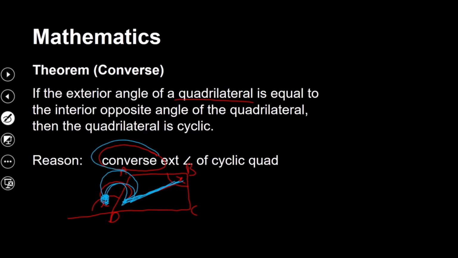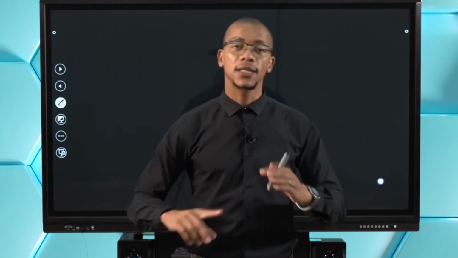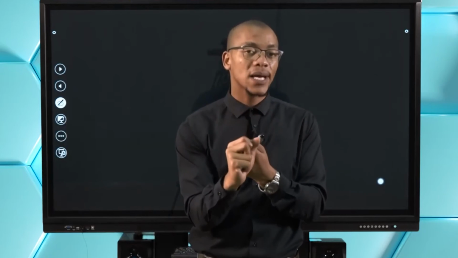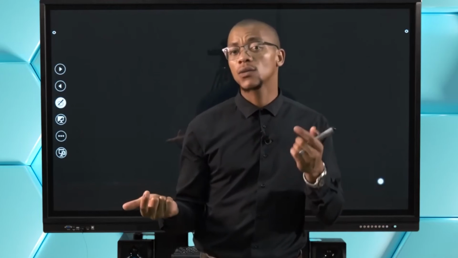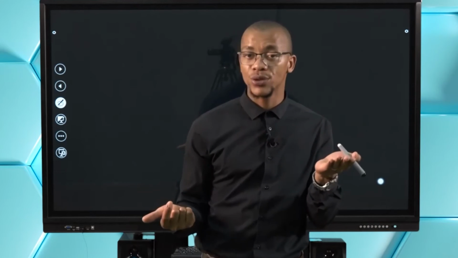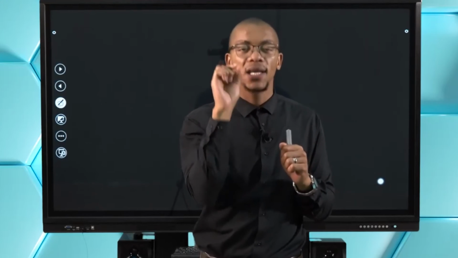And then my reason will include the word converse. Why converse? Because we did not know that this is a cyclic quadrilateral. So far, what did we look at, guys? If opposite angles are supplementary in a quadrilateral, that's a cyclic quad. In a cyclic quad, opposite angles are supplementary. Or an exterior angle of a cyclic quad is normally equal to the interior opposite. Or if an exterior angle of a quadrilateral is equal to the interior opposite,